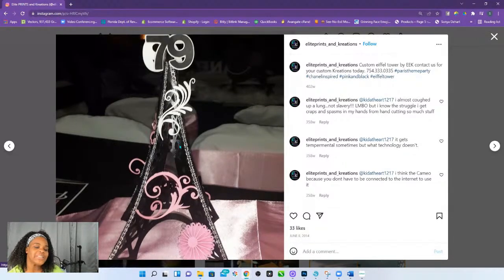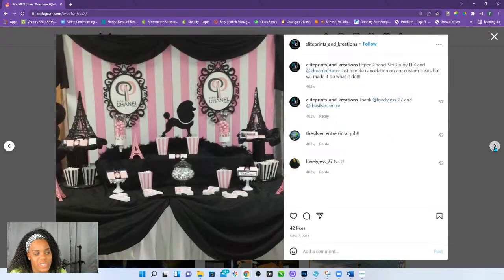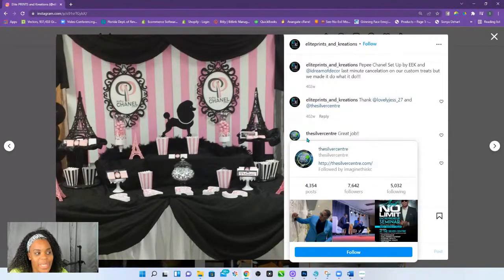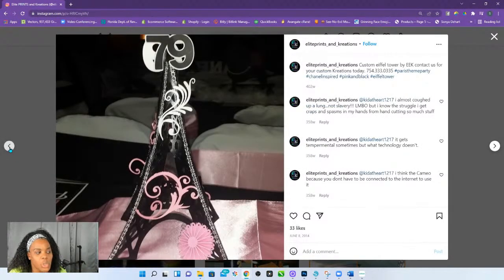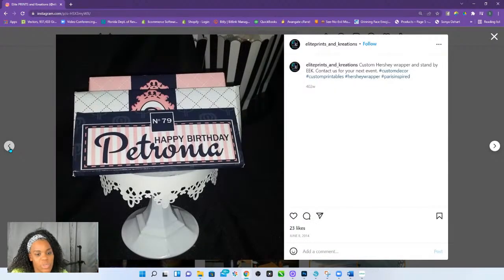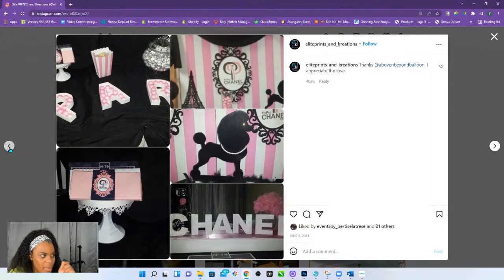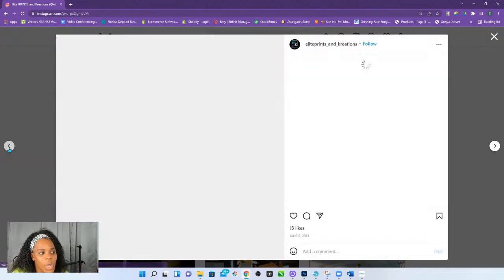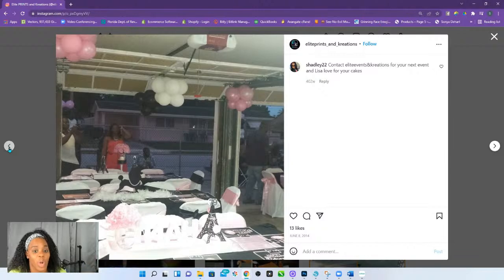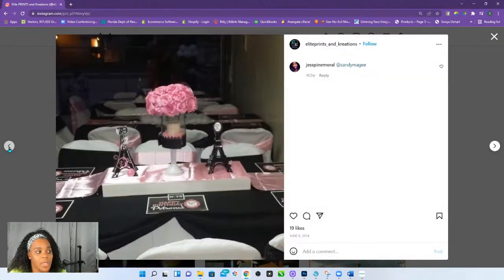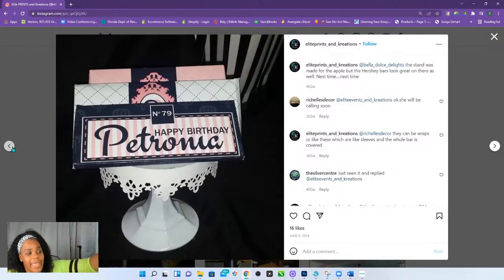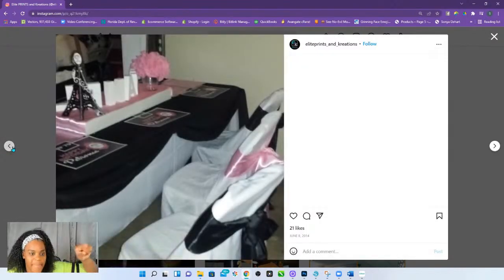Oh, for the person that said that Cameos can't cut intricate, that's a little intricate right there. All that was cut on my Cameo. I'm just saying, for the person that said that I couldn't do intricate, just so you know, all of this was cut on the Cameo. Intricate. This is my garage. So don't come for my Cameo, because my Cameo did all of that, ma'am.